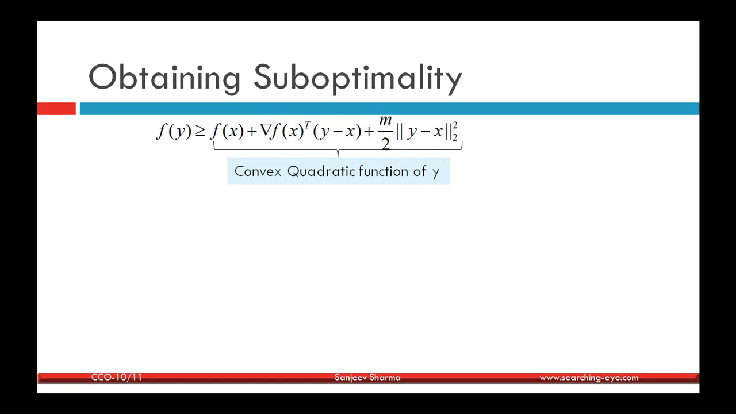So we have this inequality, and on analyzing the right hand side of this inequality, we can easily see that this function is a convex quadratic function of y. Since this is a convex function, it will have a unique minimizer. There is a unique value of y which minimizes this function. And since this is a convex quadratic function, there is an analytical solution for y which minimizes